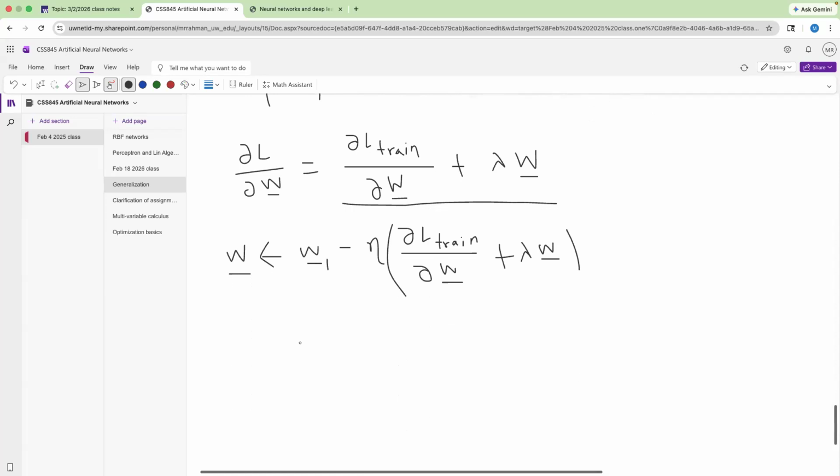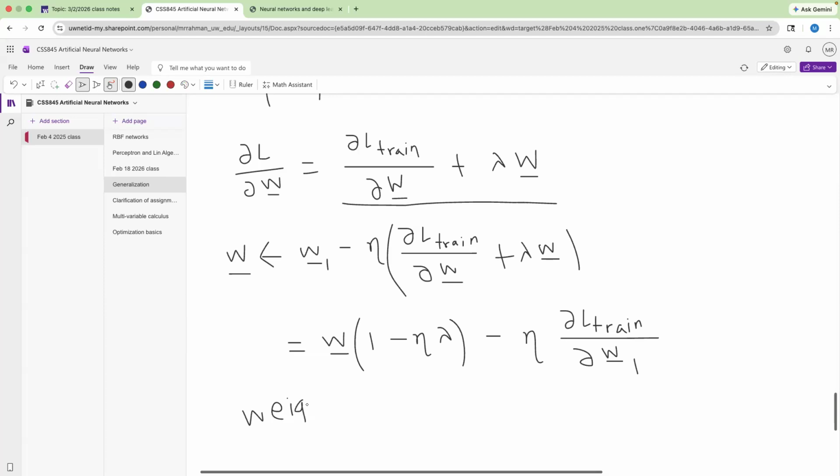And then what this looks like is basically you have W times (1 minus eta lambda) minus eta times the train loss gradient. And this is why this algorithm is called weight decay, because at every iteration of gradient descent,